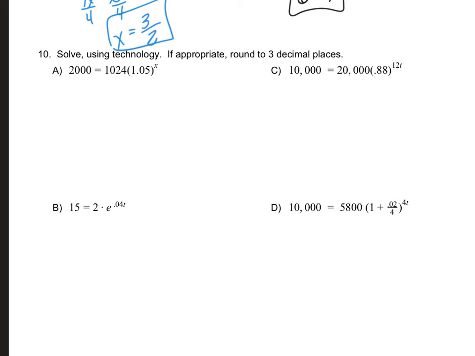And then the last thing is using your calculator to solve these. I'm going to show you 2 ways, and then the last 2, I'm just going to pop the equations up there, and you can decide what you want to do on these. The way I prefer to do these is to move everything to one side. So what I want to do is move the 2,000 to the other side to join everything else,